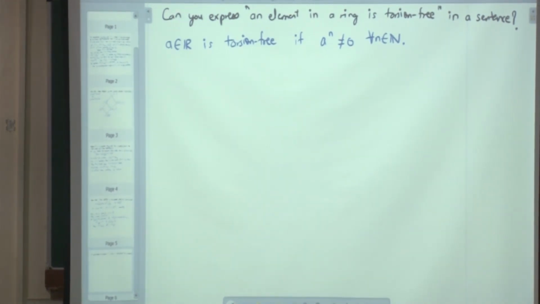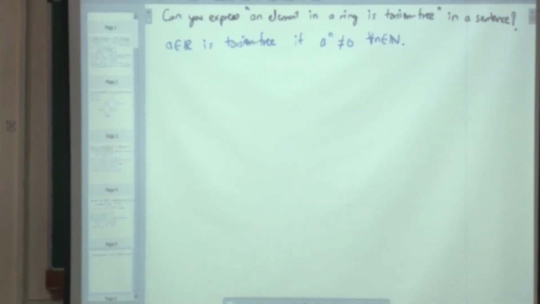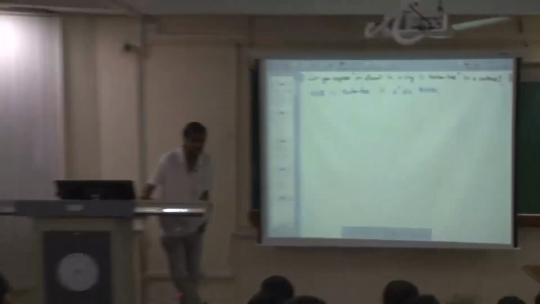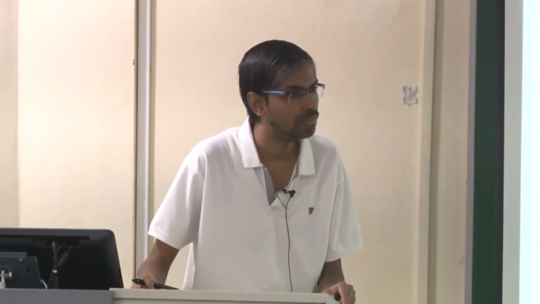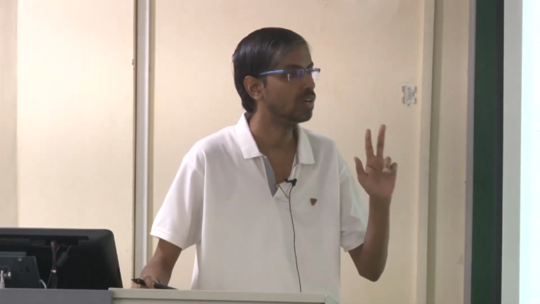All except coprime ones. Yeah, all except multiples of n. No, multiples of n do not exist in Z mod nZ. The factors of n. So if I take Z mod 6Z and I take 2, the equivalence class of 2, then its power is 4, then 8 and then 16, and will it ever be